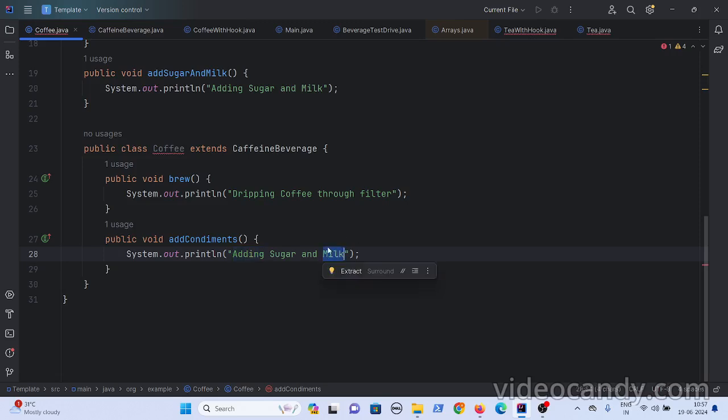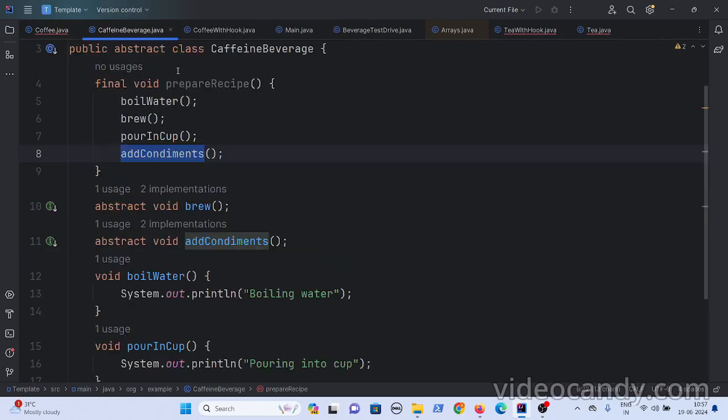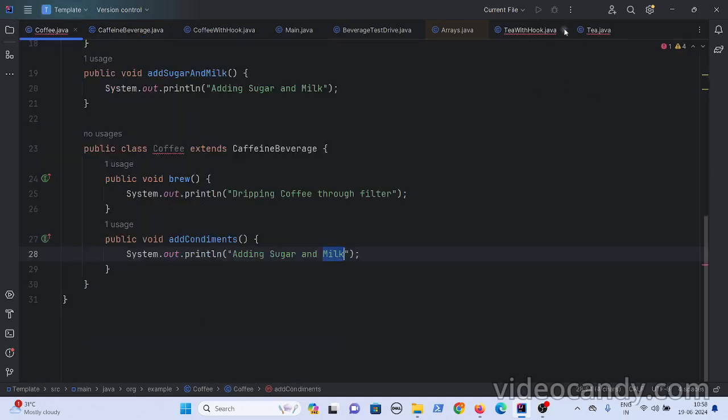So by using this, whatever we have followed till now, we have taken out common things, and you have created a parent class, and then you have provided the implementations which are common to both coffee and tea in your parent class, so that there is no duplication of code.